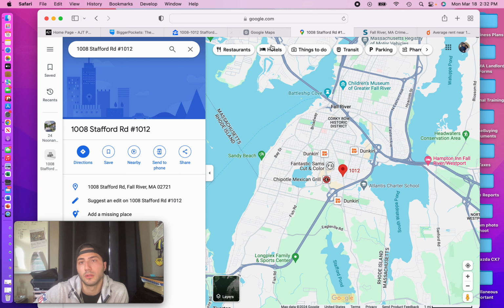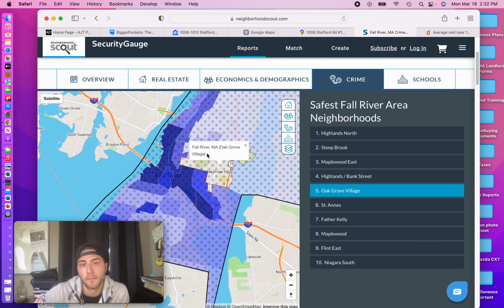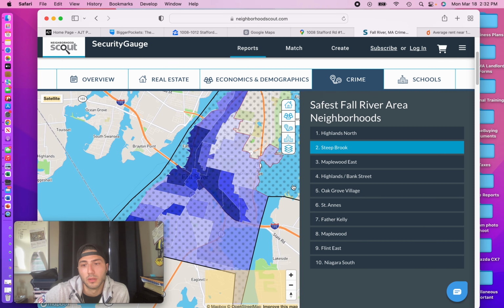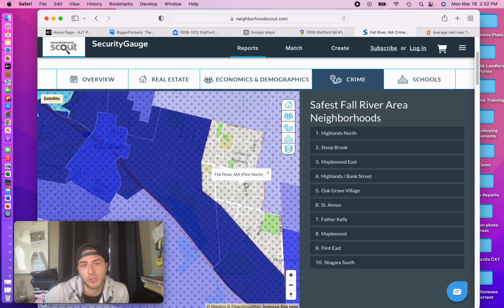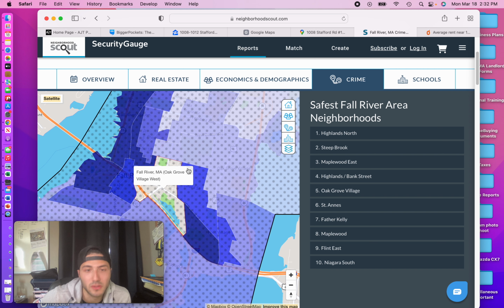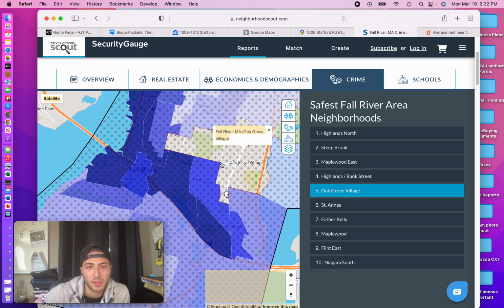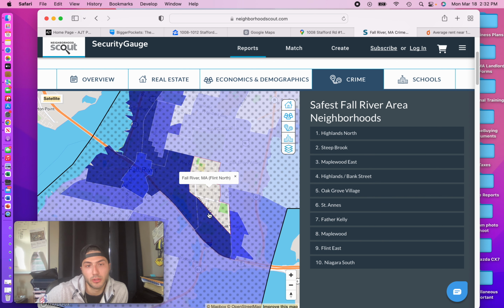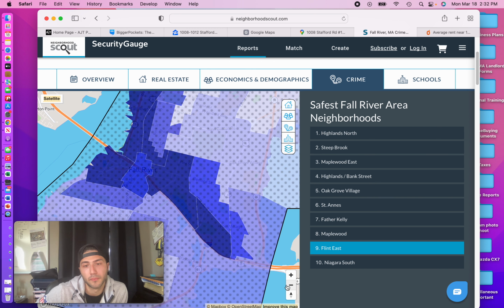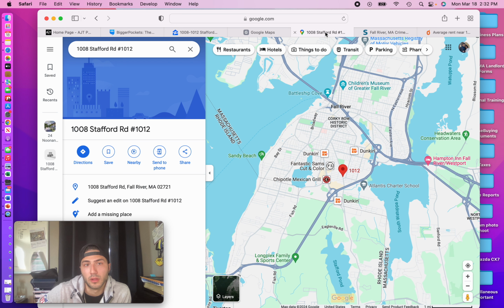Okay, and then the next thing I'll do is I'll pull it up on Neighborhood Scout, and we can kind of see how the crime is. So it's hard to read this exactly because it doesn't show you the exact marker where the property is. The only thing we know is that the darker shaded areas are higher crime. And the other thing I like to do as well